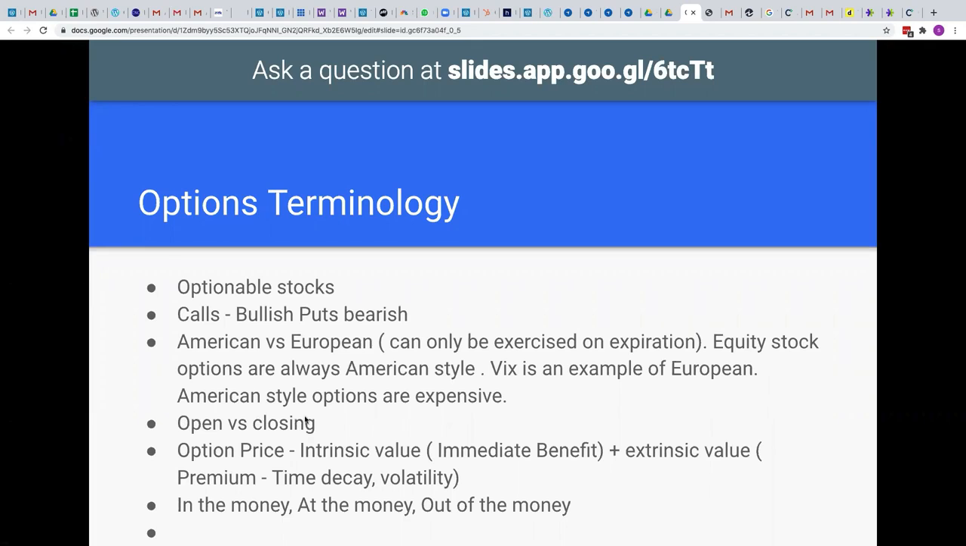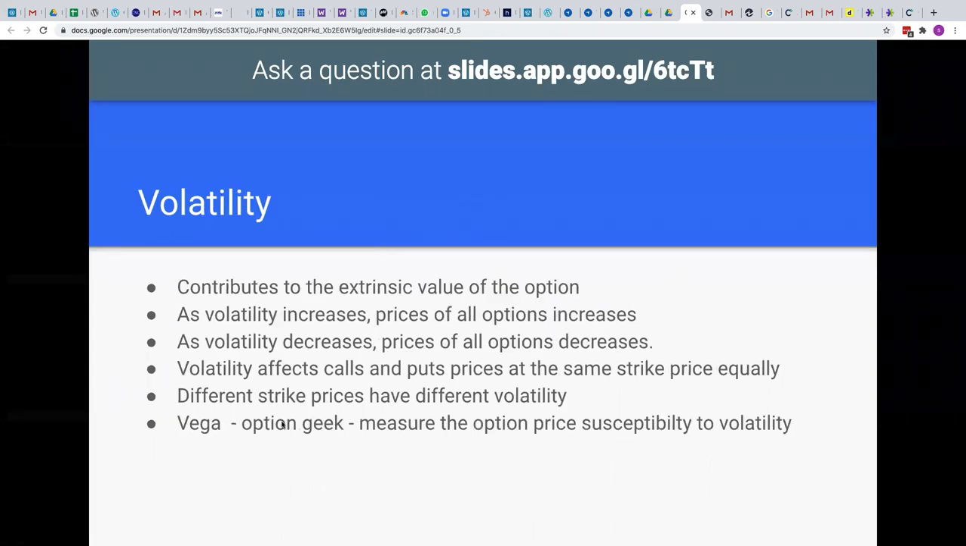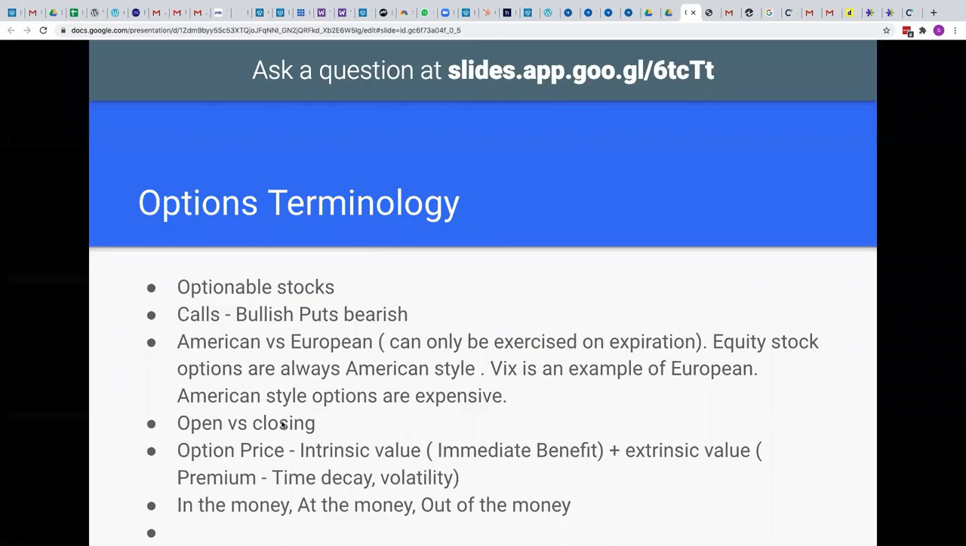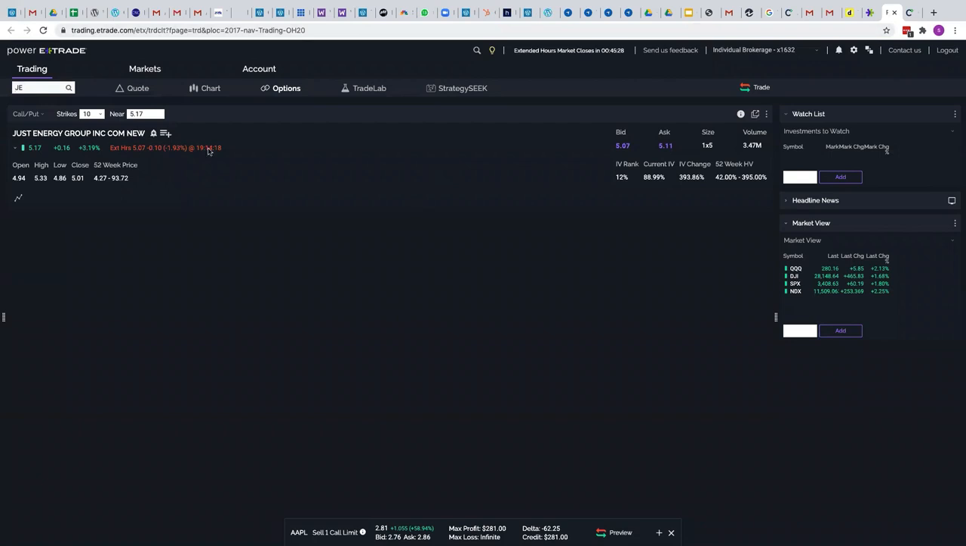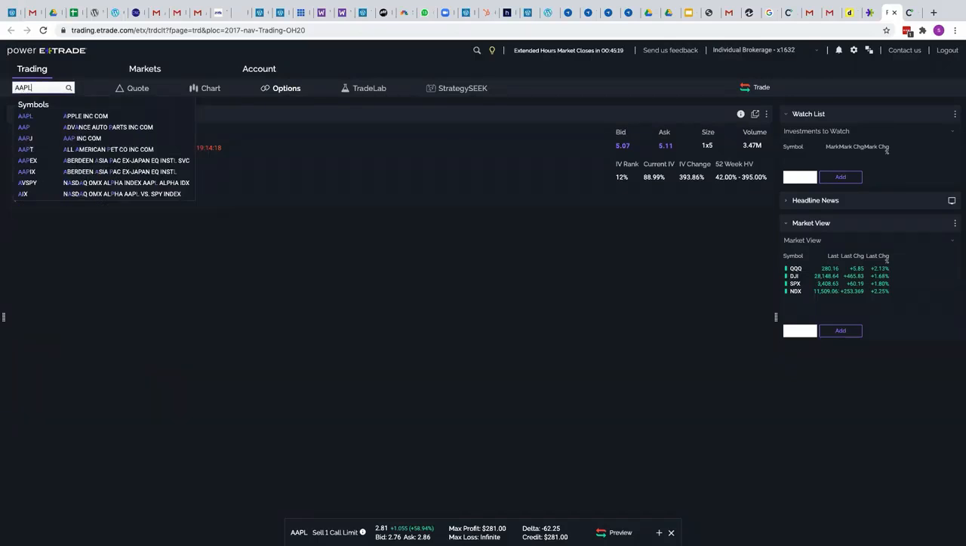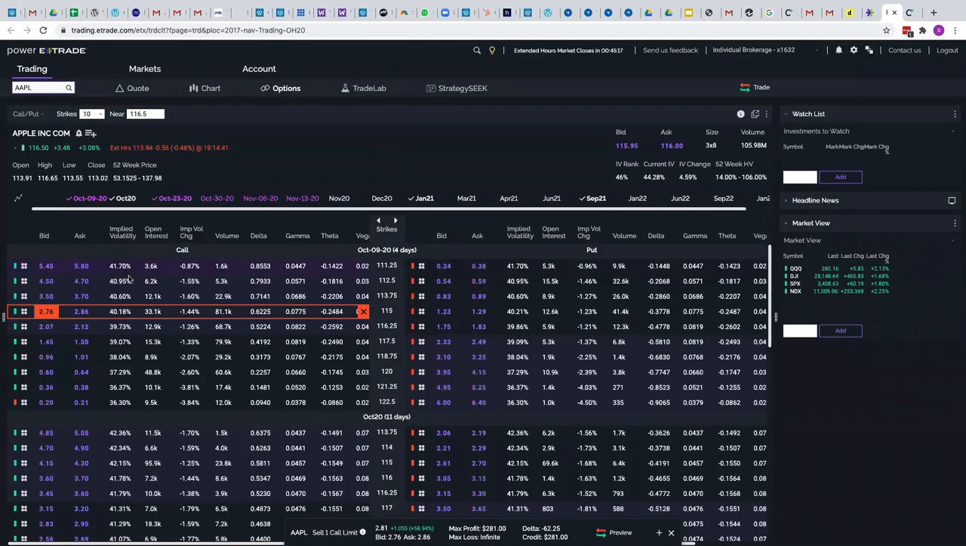And when I say open versus closing, oh, sorry guys, open is like when you are opening a position, and closing is like you're closing the position. If you look at any of the four things, right? Let me show you this one more time. If you see here, and you go to this options, let's take something again, Apple. And if I click on this,